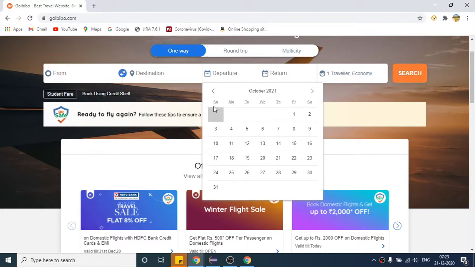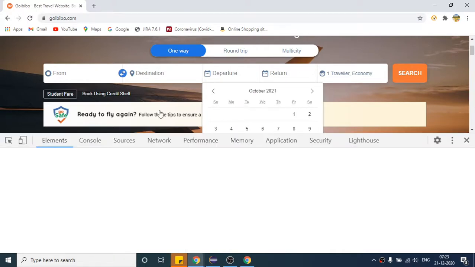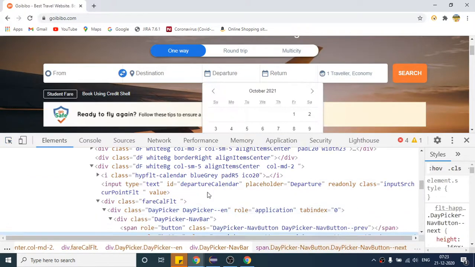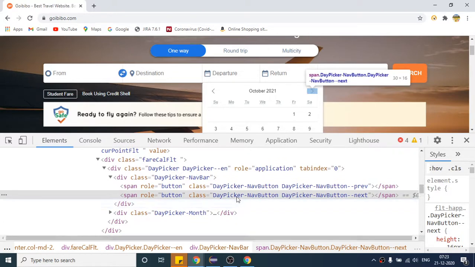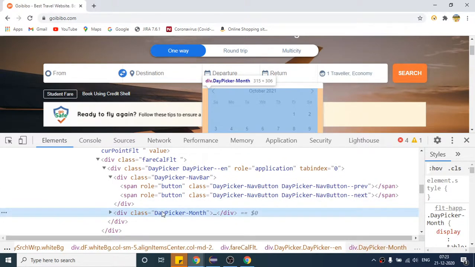So how can we click this button? Again I will write XPath for that forward button, or I can use this class, so I can write dot class name.